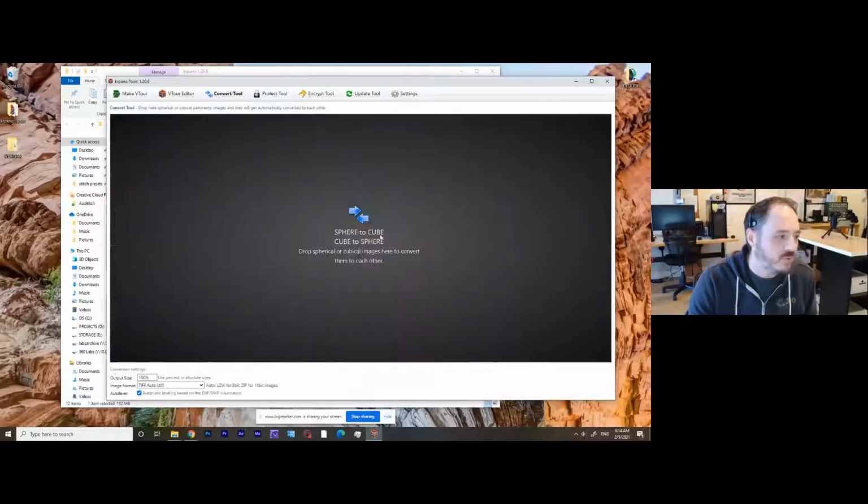There's a convert tool as well that converts spheres to cubes. So if you want to convert 2:1 equirectangular files to cubes or cubes back to 2:1 equirectangular files, you can use this tool here. Krpano takes equirectangulars just fine as an input, so I don't generally have to use this,